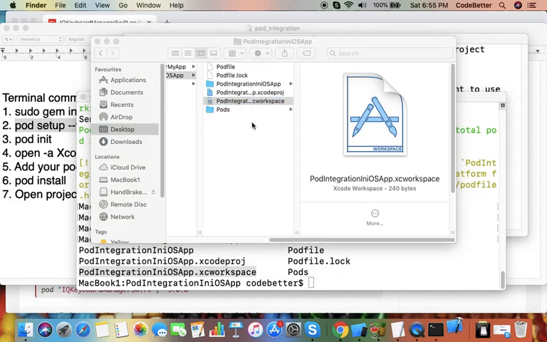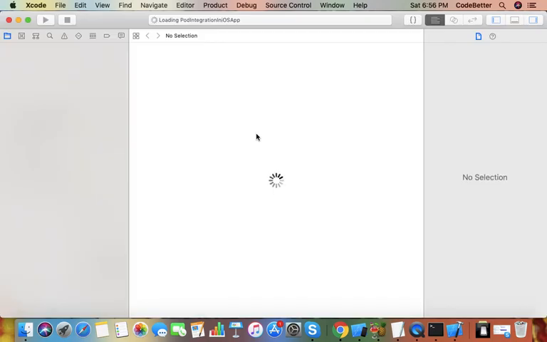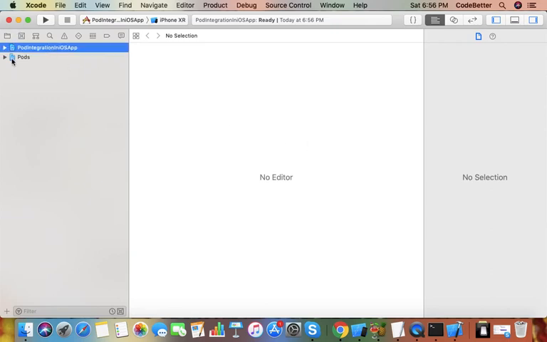So now you have to open the workspace of your project. Let's double click on it and open the workspace. As I open the workspace, you can see here there are 2 projects.